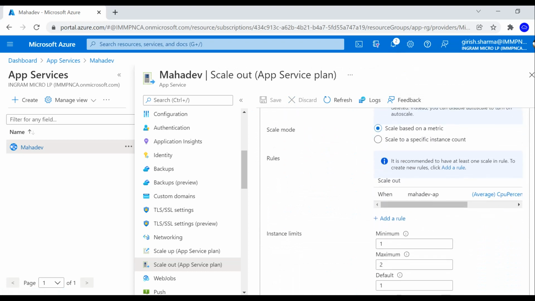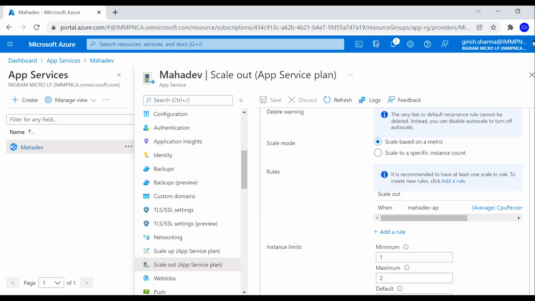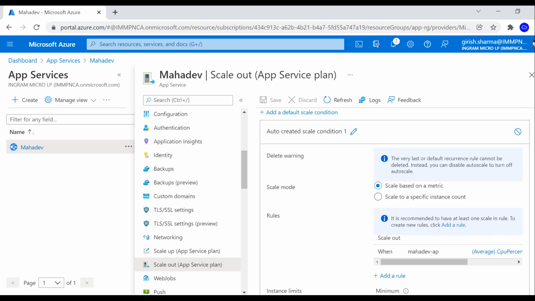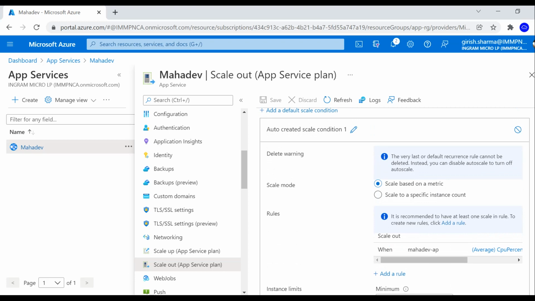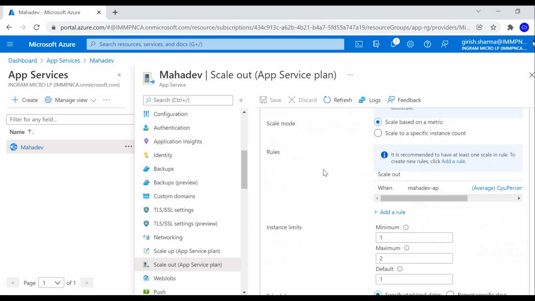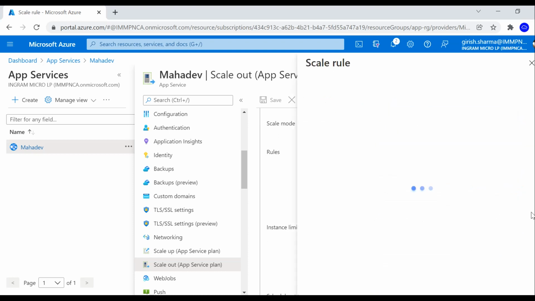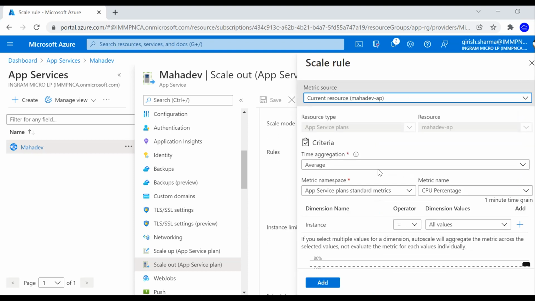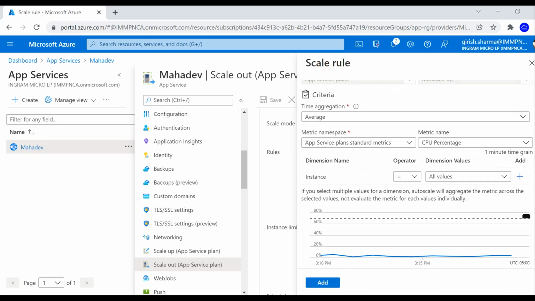scaling it up, right? But do remember, in any cloud service, you're paying for how many instances are running. So you want to make sure that once the peak traffic goes away, you're able to scale back. You don't want to have those 3 or 4 instances running all the time. So you can also add another rule. I can click on add rule, and I'm going to keep all the other parameters the same, but now what I'm going to say is that